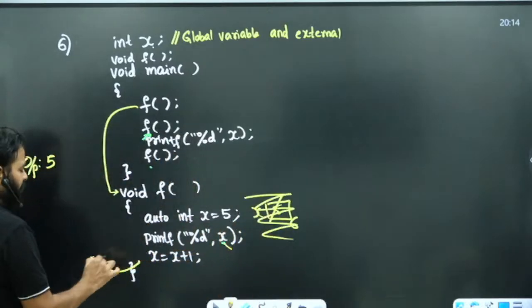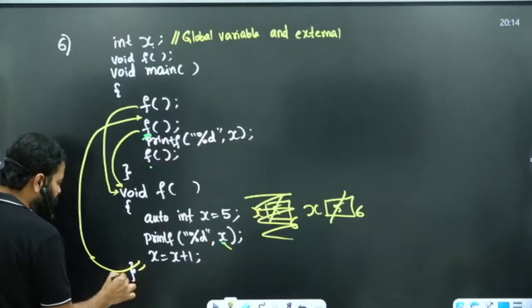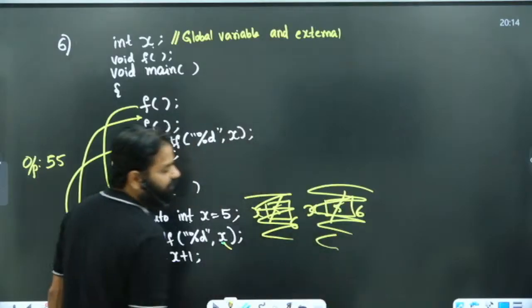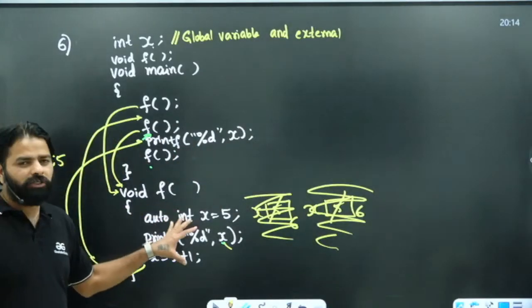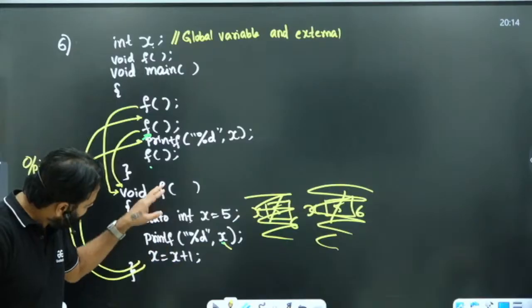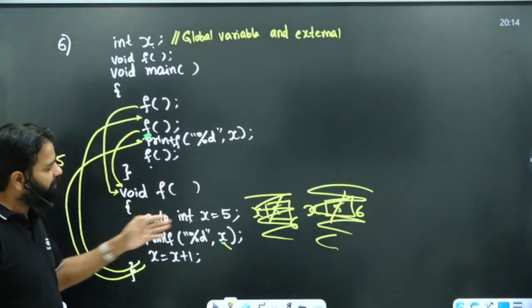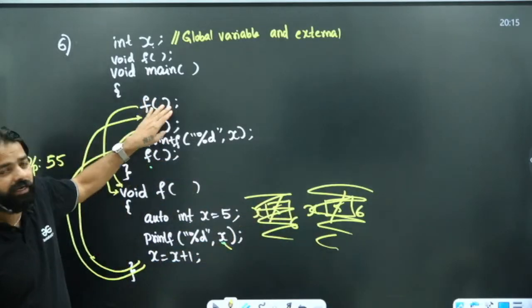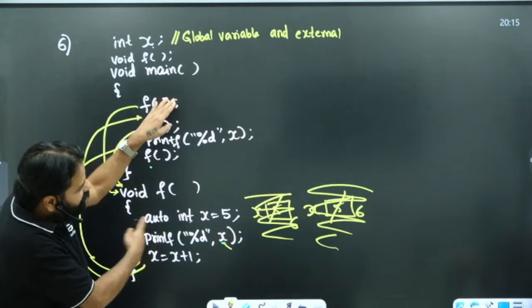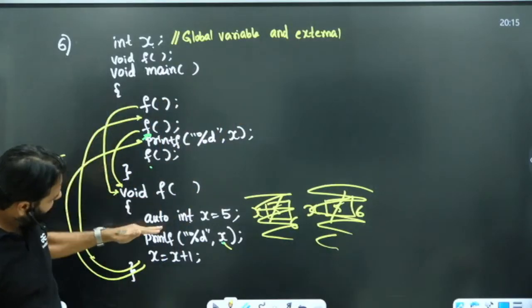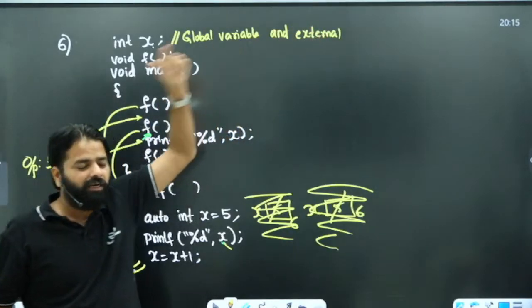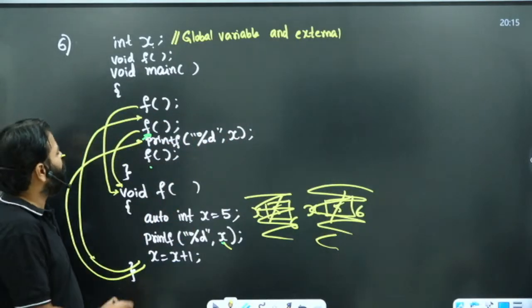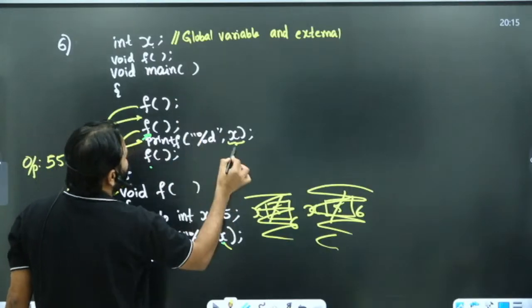No more memory, right? When it is going from here, the second time, what happens? It automatically deletes from the memory, because for auto variables, their memory exists as long as you are in this scope. Once you go out of this, memory will be deleted. But static variables, the memory still exists. Even though you are here, those static variables are still there in the data region. When you come back here, the variable that you have used, the memory that you have used, is still visible here. Okay. Printf x, this x is 0, no doubt.